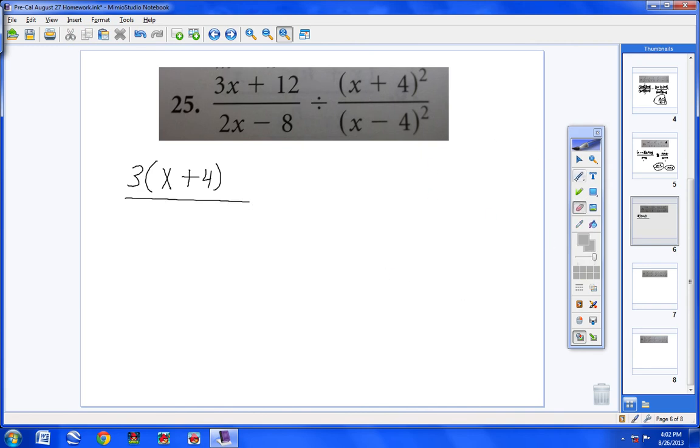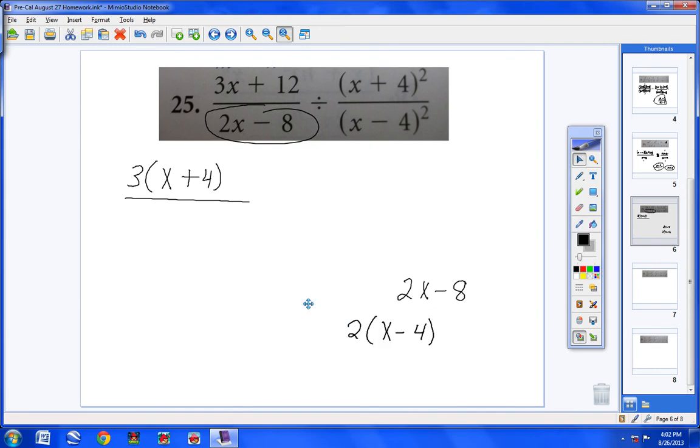All right, let's go ahead now and see if we can't factor this right here, 2x minus 8. Always pull out or factor out the common factors. I can pull out a 2. There's no x's I can pull out. So if I factor out a 2, I'm left with x minus 4. 2 times x is 2x. 2 times negative 4 is negative 8. And so I